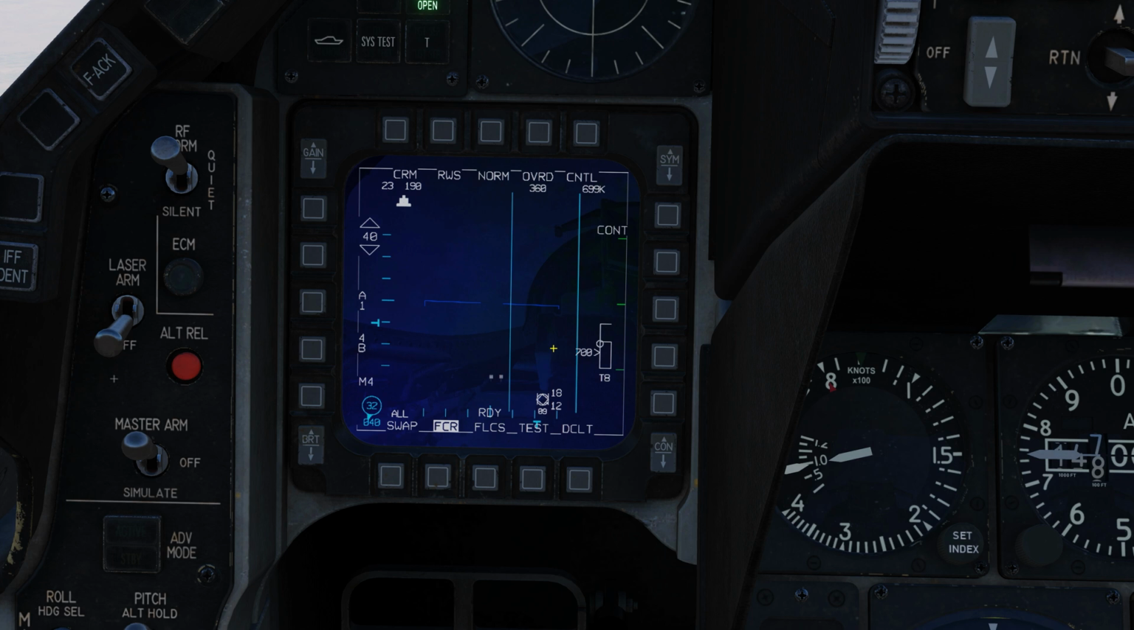Make sure we're in the right screen here. And we can go TMS down to unlock a target. Let me do that. There we go. So TMS down will unlock a target. All right. Let's go ahead and